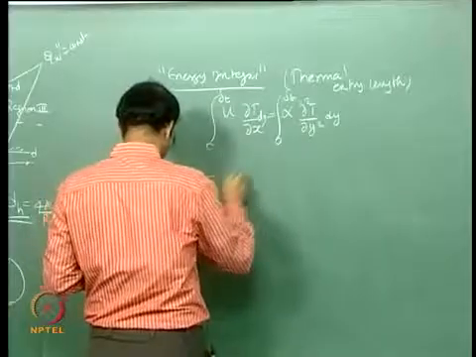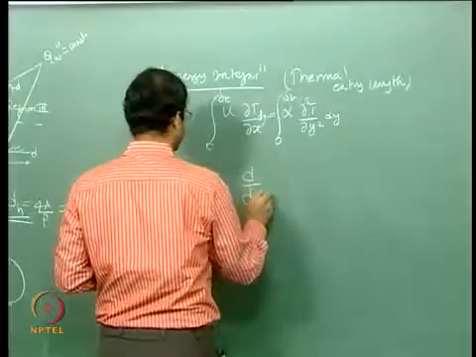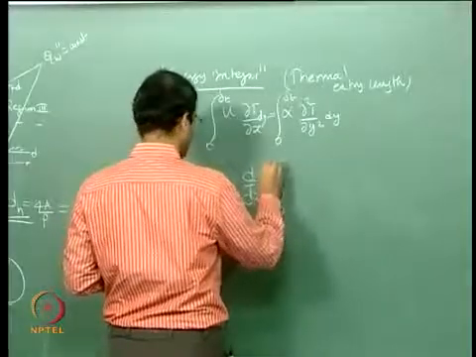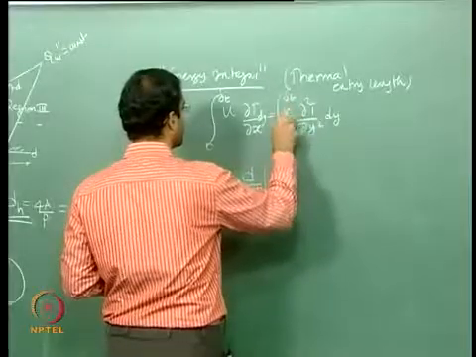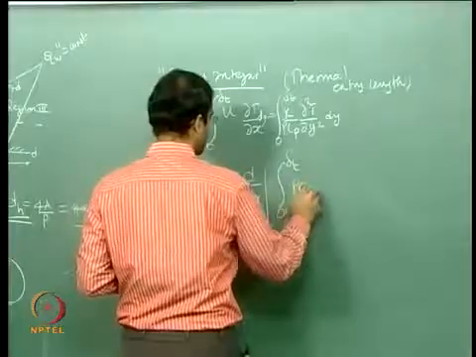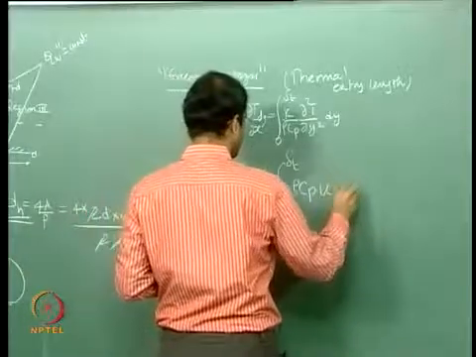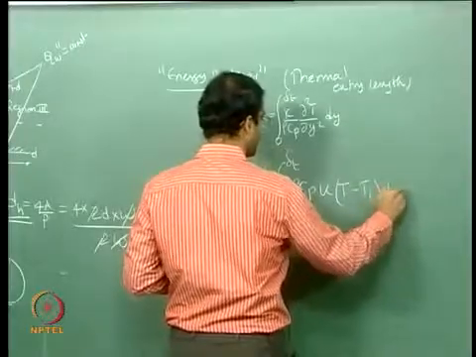I can express this as d by dx, integral 0 to delta t, and I can write alpha as k by rho cp, so I can take rho cp to the left: rho cp u into (T minus Ti) dy